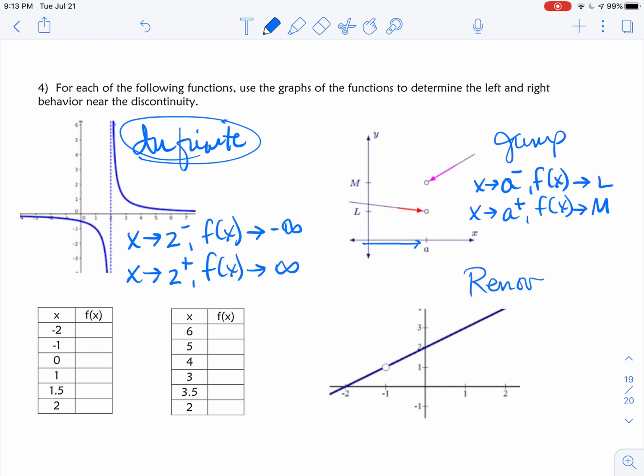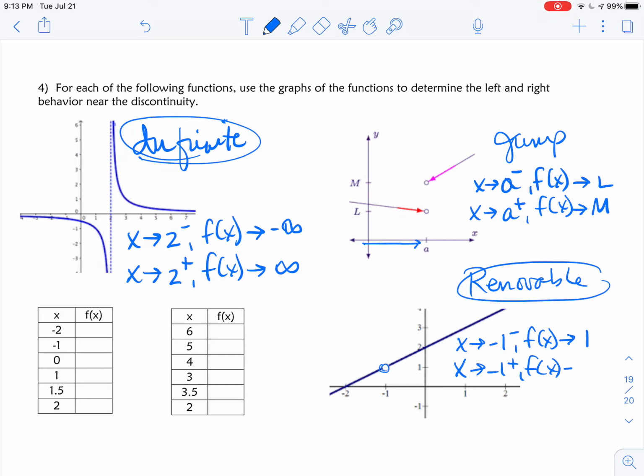Again, it can't equal because you have that open circle. And the last one, this is our removable. And as x approaches -1 from the left, the function is going to approach 1. It's not going to equal 1 because, again, it's undefined there. And as x approaches -1 from the right, the function is going to approach